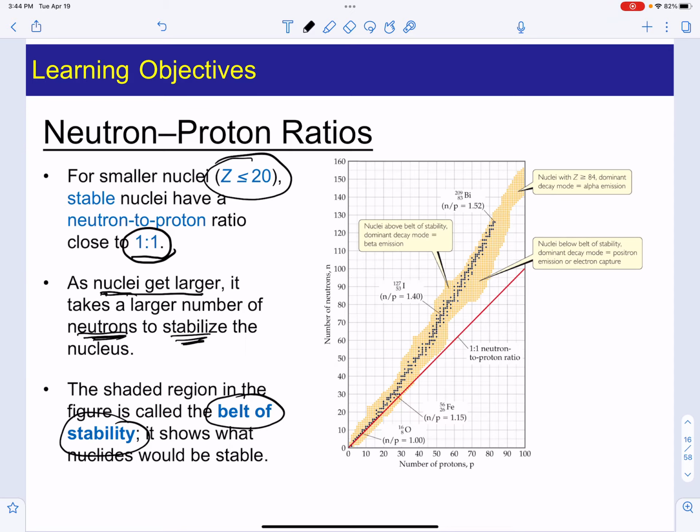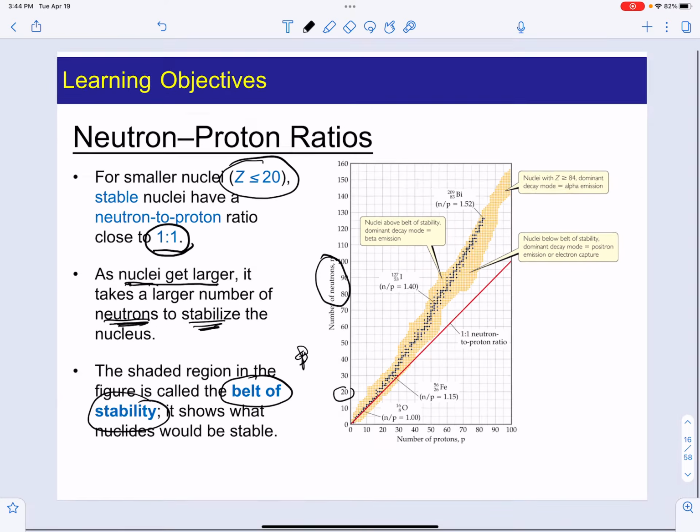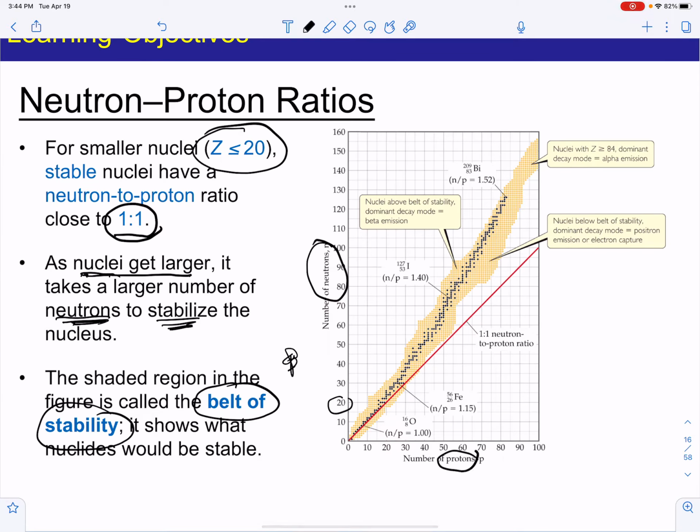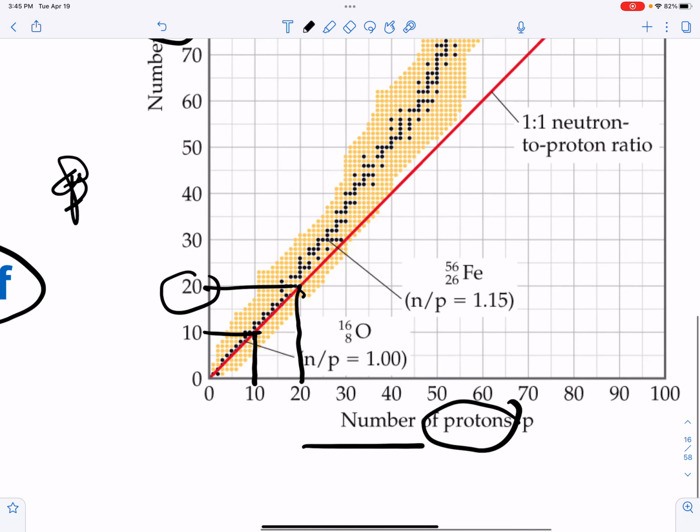And as you notice, up till 20, so these are my neutrons. This is the number of neutrons. So the number of neutrons and the number of protons up till 20, they fall right on the line. So those are very stable. As we begin going above 30, we're going to notice that the elements, since we're increasing the number of protons to neutrons, for example, element number